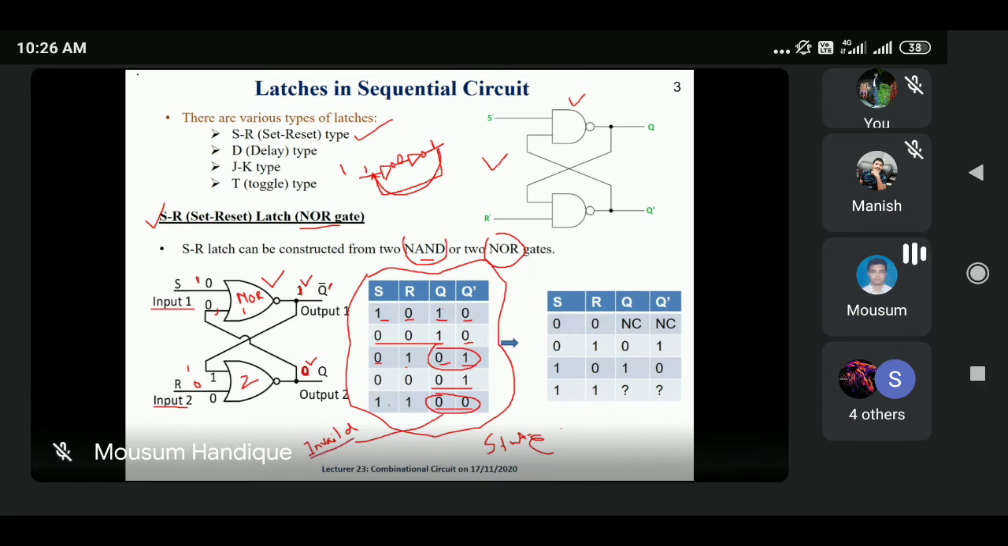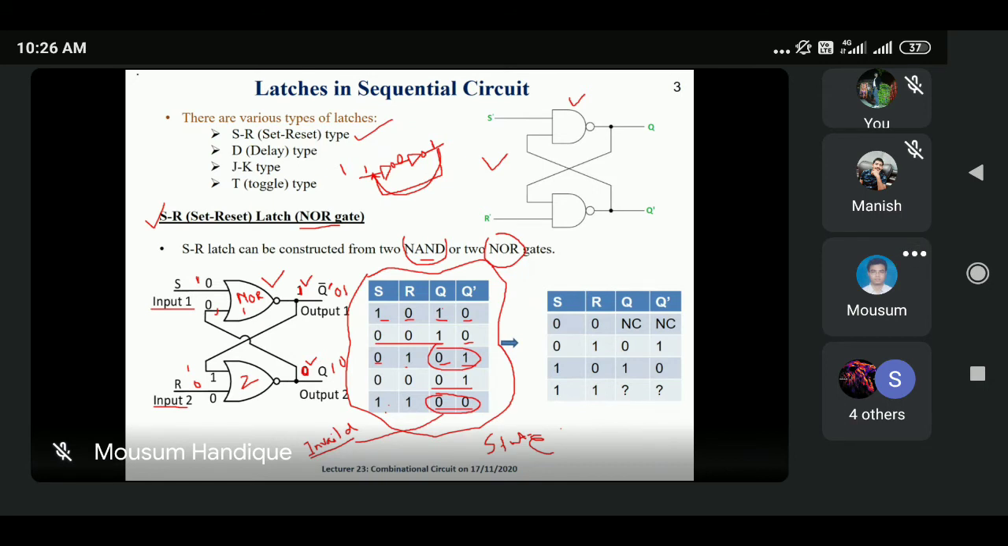What is invalid state? Because see, this one is Q and this one is Q bar. If Q equal to 1, Q bar must be 0. If Q bar equal to 1, at that time what happens? Q equal to 0. That particular condition is not satisfied when S equal to 1 and R equal to 1, because both are 0. So this is violating. In some cases it violates the rules. So always remember, when S equal to 1 and R equal to 1,